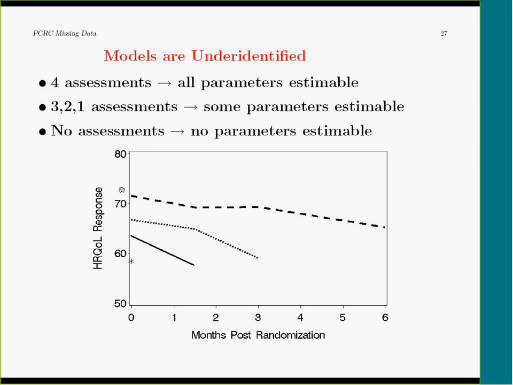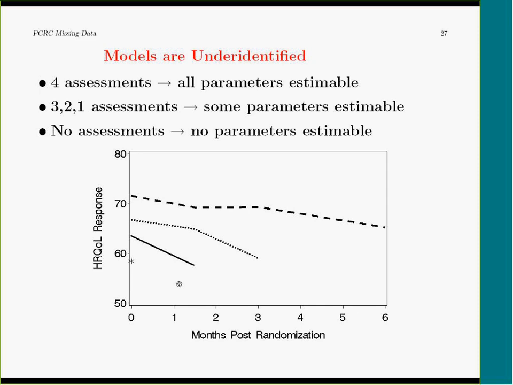But the problem is that those are under-identified. It's fine for those people who had all of the assessments, but for those that had 3, 2, or 1, we can only estimate an intercept, or the first assessment here. Even if we were simplifying it to slope, we couldn't get the slopes for this set of subjects. This particular data set